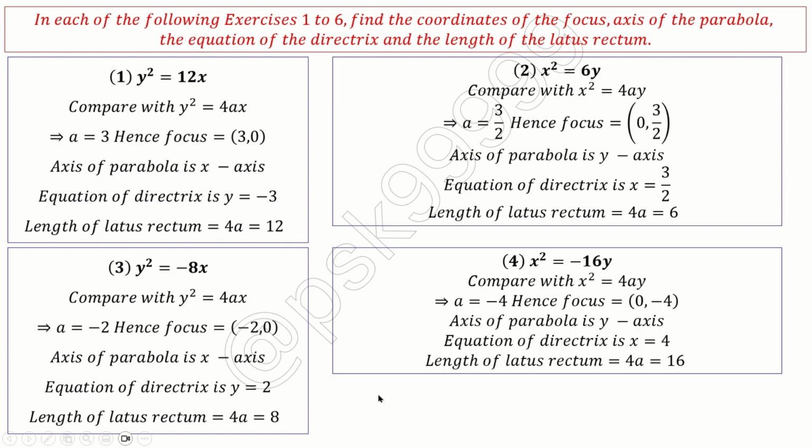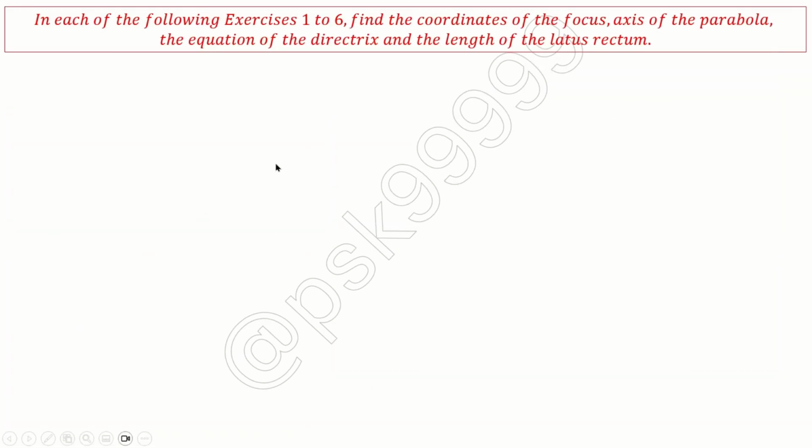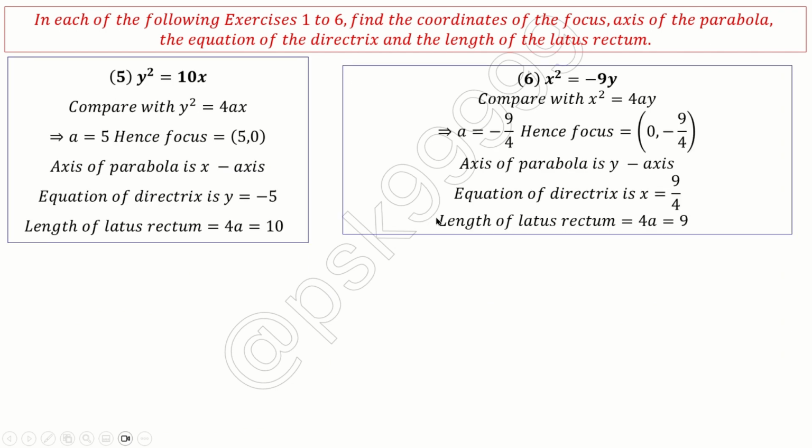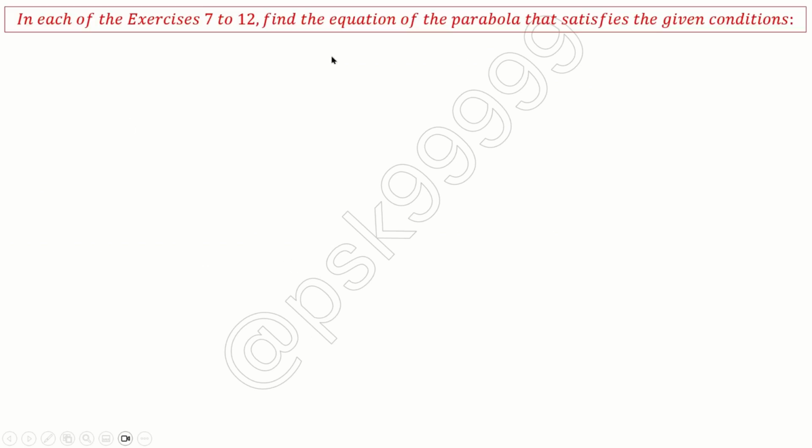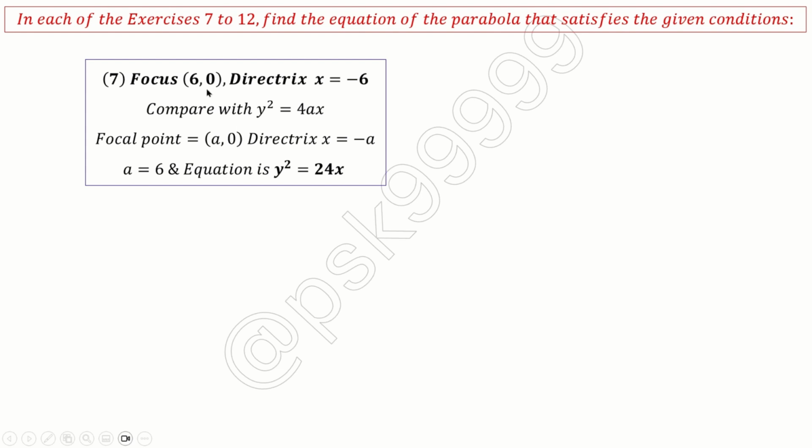Next is also the same again: y square equal to 10x, x square equal to minus 9y. So these are the six problems, and now we need to find the equation of a parabola with the given conditions. First, the focus point is given and the directrix is given. Focus point given means a is given. If the focus point is on (a, 0), the parabola is formed on the positive x-axis, so it is y square equal to 4ax, where